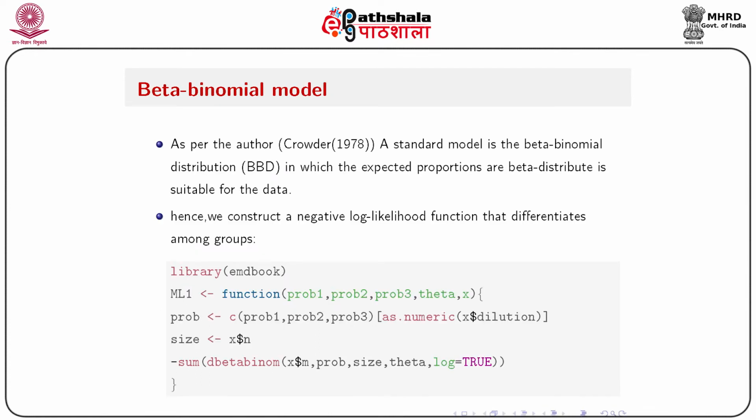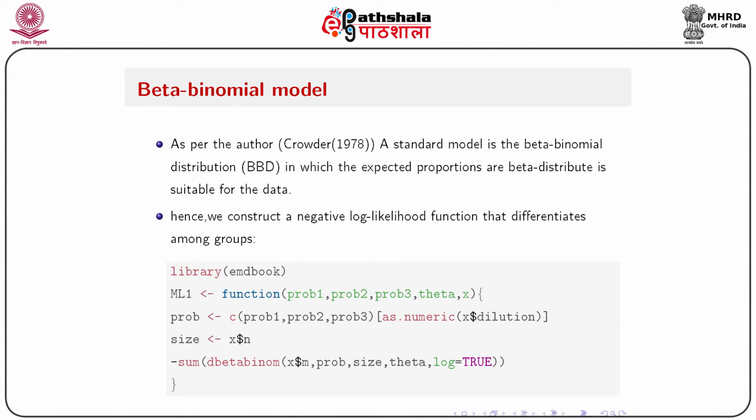As per the author Crowder 1978, a standard model is the beta binomial distribution, in which the expected proportion is beta distributed, which is suitable for the data. Hence, we construct a negative log likelihood function that differentiates among groups. So load the library emdbook, where you will get the function for the beta binomial distribution. ML1 is a function of prob1, prob2, prob3, theta and x, and then prob equals c(prob1, prob2, prob3)